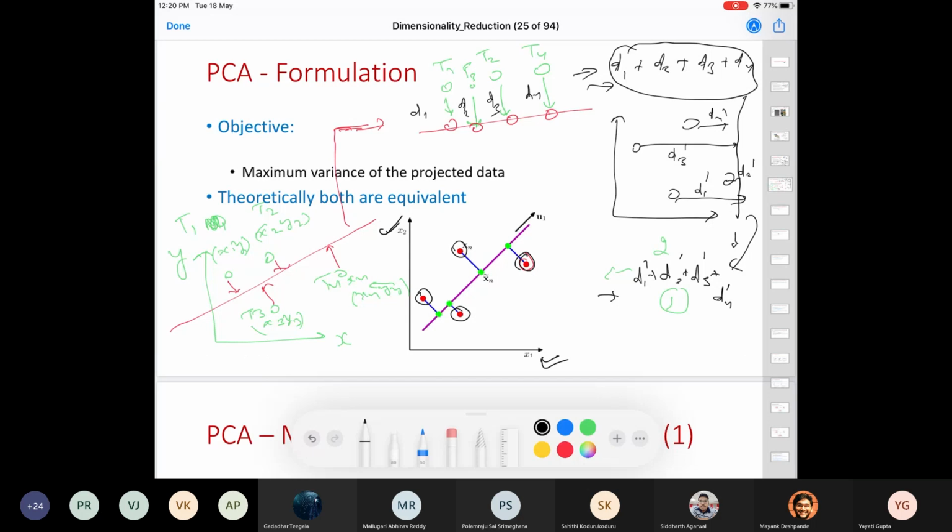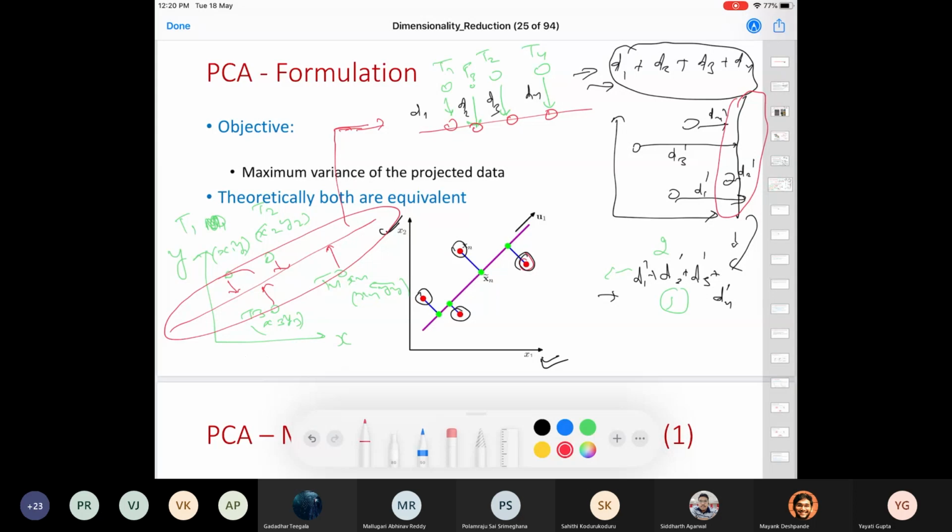Where would you feel that the loss would be higher? In this example or in this example? If you compare these red and black axes, the new projected dimensions, where would you see more loss if I define the loss in terms of distances?